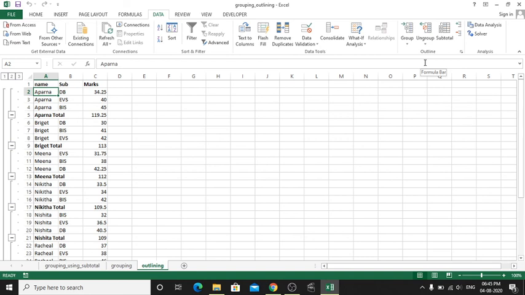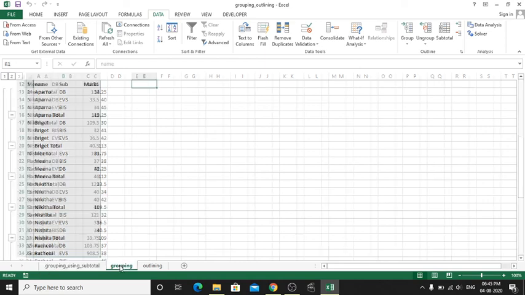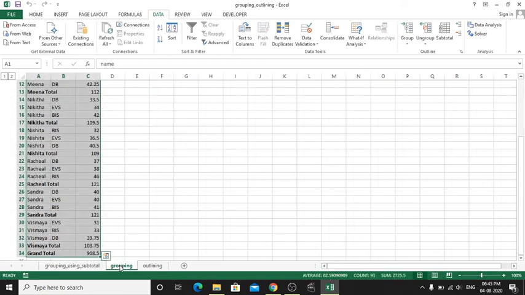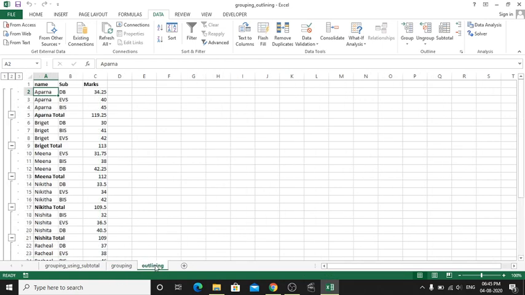To perform outlining and grouping, the data should possess at least a column or a row with a total field. Okay, if there is nothing like that, then you can group that data table using the subtotal function. But grouping is a time-consuming process, and if we don't have time like that, we can go with the outlining option or grouping using the subtotal function. So this is how we perform grouping and outlining in MS Excel.